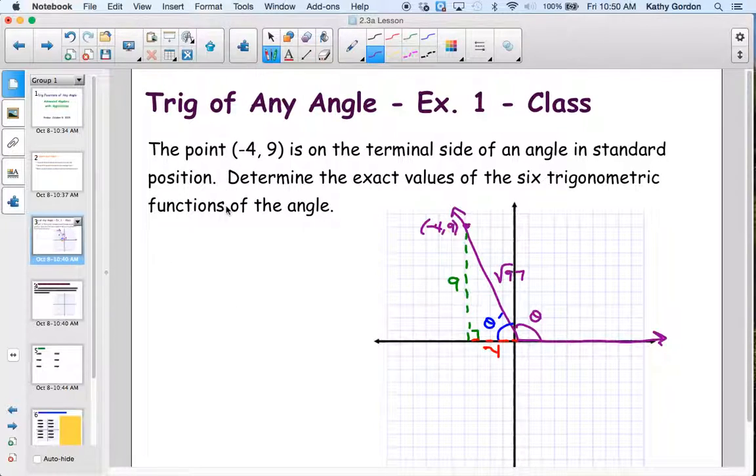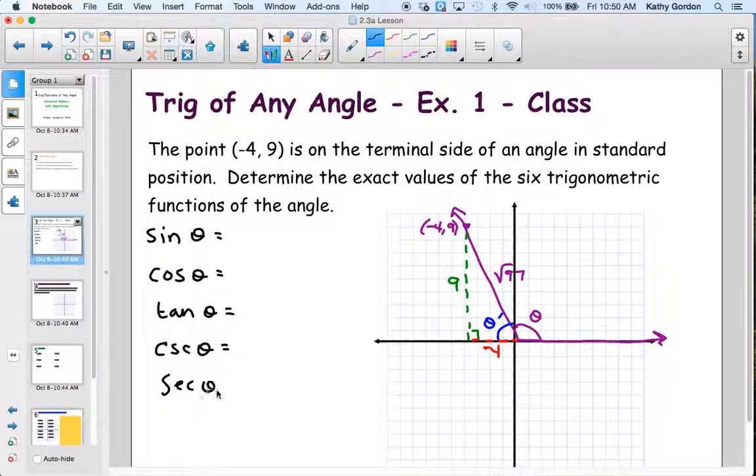All right, so I need sine of theta. I need cosine of theta. I need tangent of theta. I need cosecant of theta, secant of theta, and cotangent of theta. All right, so what's sine going to be? Opposite over hypotenuse, which is going to be